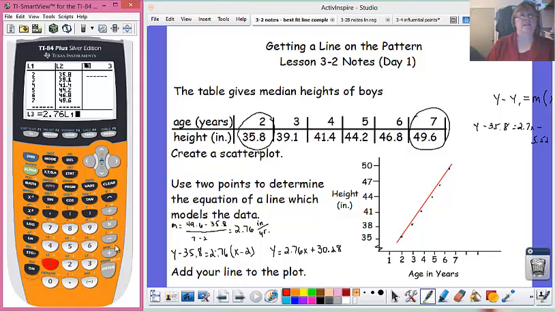Here are my x's. So list 1 plus 30.28 inches. When I hit enter here, we'll get a predicted y value for each age. And notice our first and last are perfect. They should be, because those are the ones that we generated to find our line's equation. What I would love to have you do, or what that question asked us to do, is draw in the vertical distance between each point and what the line would predict at that point. So we have no vertical line first or last because those were exact, but at 3 years old, the line predicted 38.5